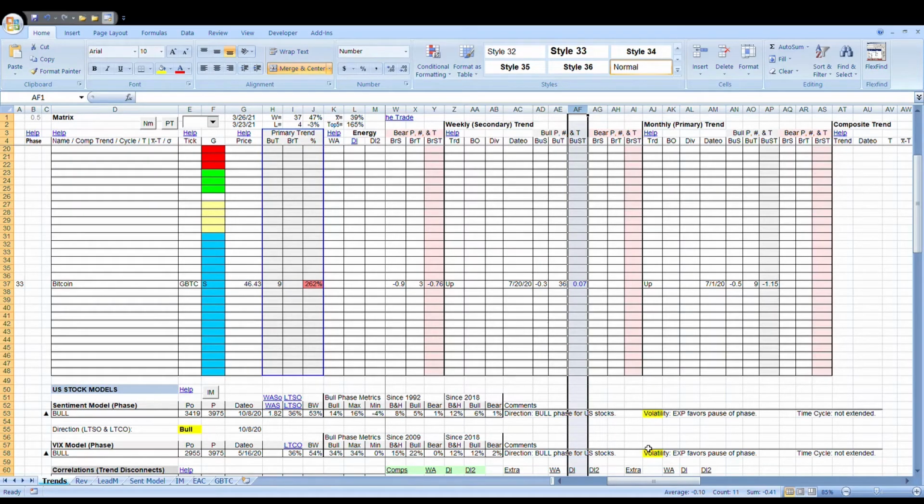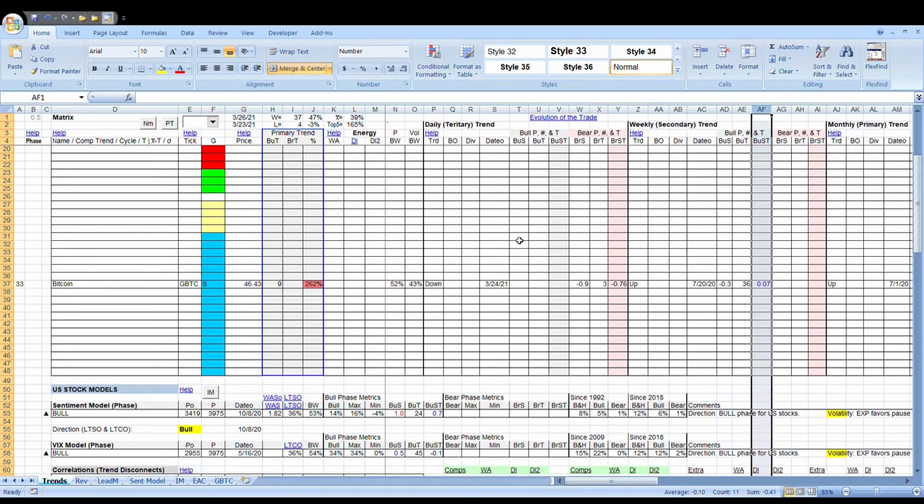Weekly can get higher than that. The daily in a volatile market can get pushed substantially higher than 2. I've seen them go as high as 5, 6, 7 standard deviations. But again, it gives you an idea of how stretched trends are.